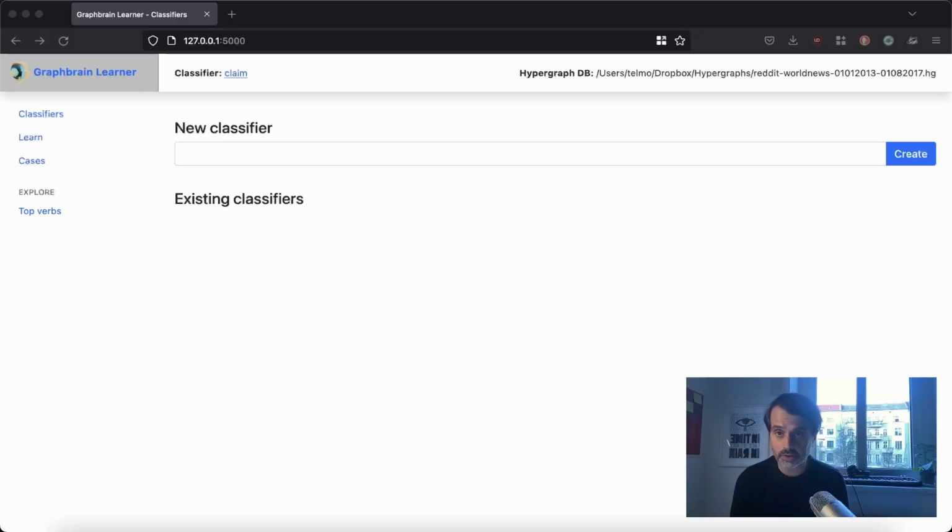I'm going to demonstrate a tool that we have been developing that is an interactive learner for Graphbrain. We have this user interface, and it's running locally, but it's a web interface. So we start the tool locally with a command line, and we specify some existing hypergraph database. In this case, I initialize the tool with this